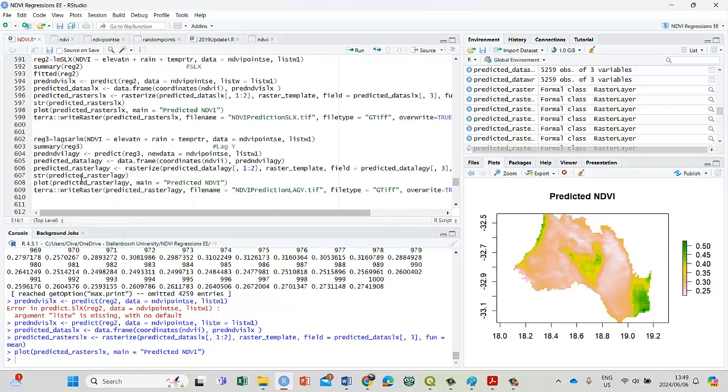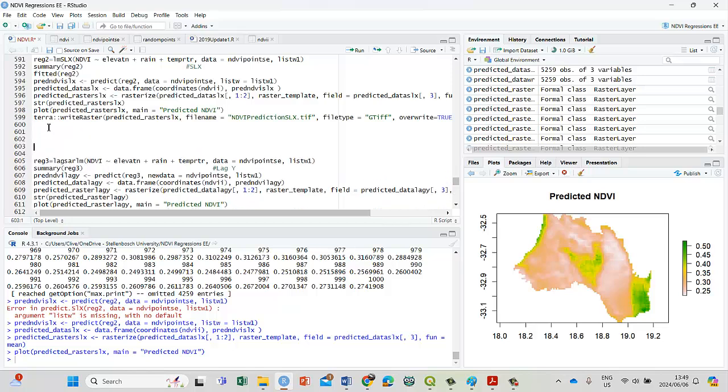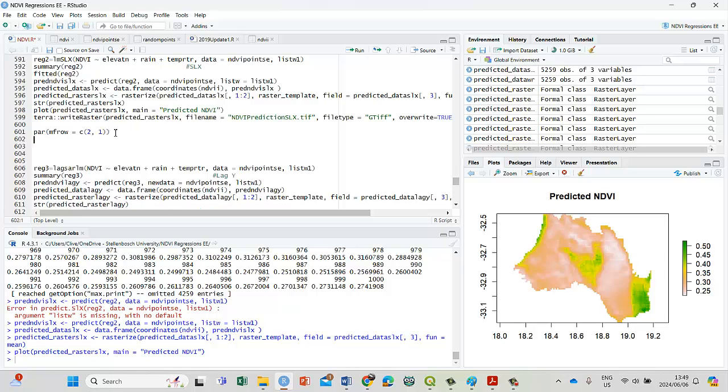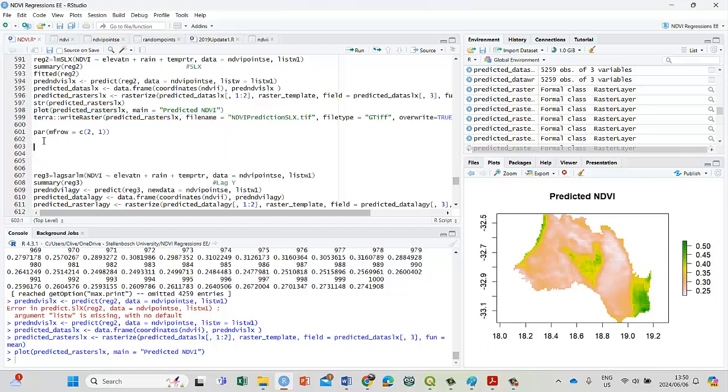I don't actually want to do this, but let's quickly do it for the sake of it. It's going to be two images in one row. The two images would be the predicted one,